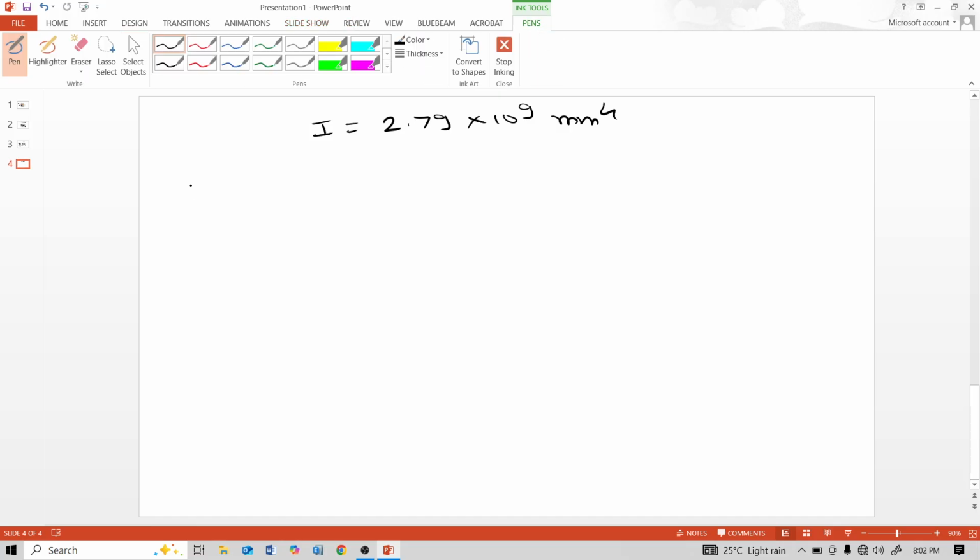So position of neutral axis from top compression fiber, that means YC. So YC is equal to